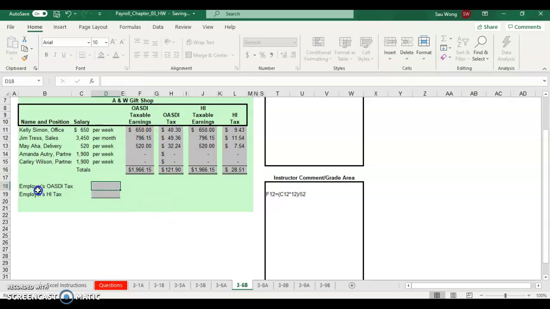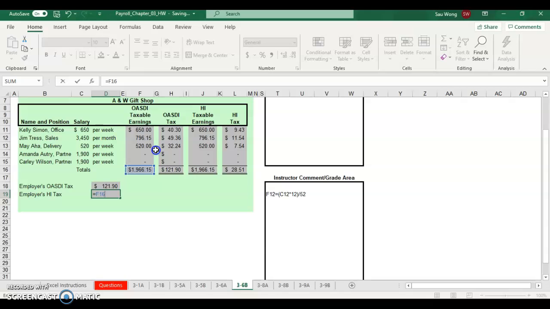On employers, OASDI tax would be the same as the employees, $121.90, and the Medicare taxes would be the same as the employer taxes too. So for employer's OASDI, you can do a calculation equal to F16, which is the OASDI taxable earnings, times 0.062, 6.2%, and then the HI tax for employer would be